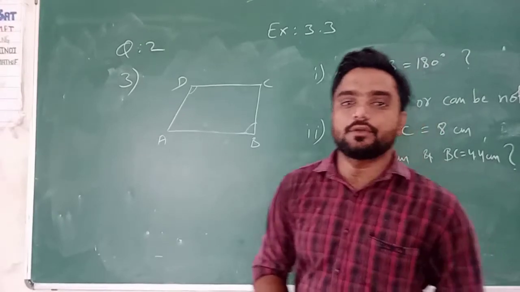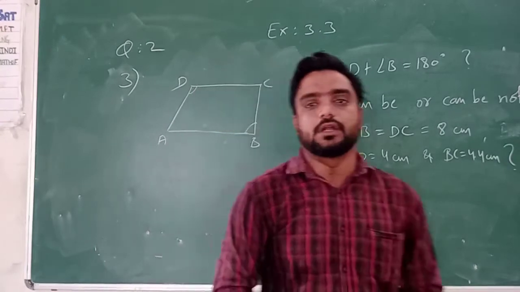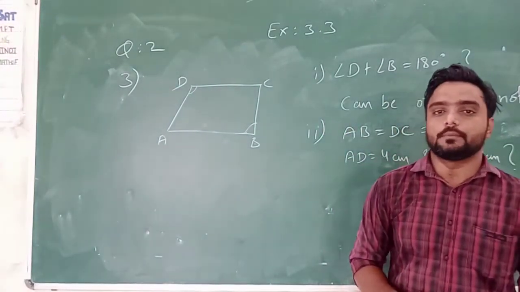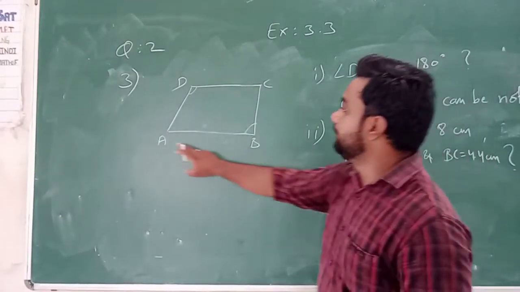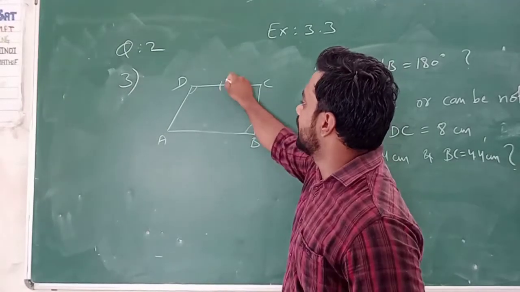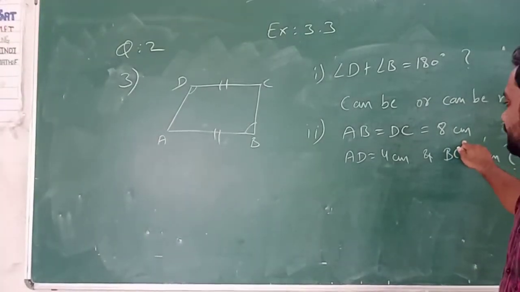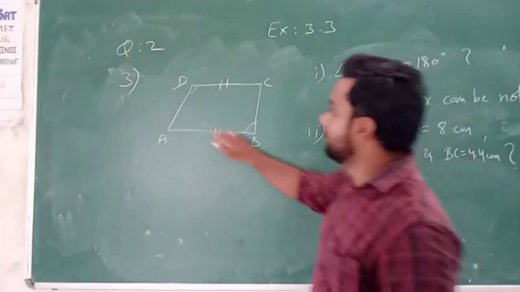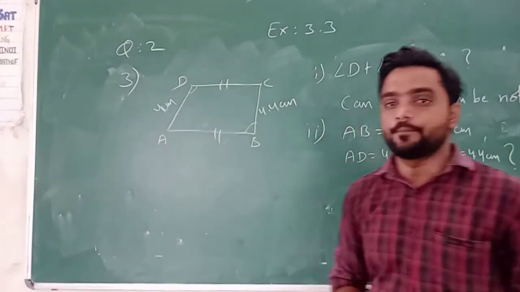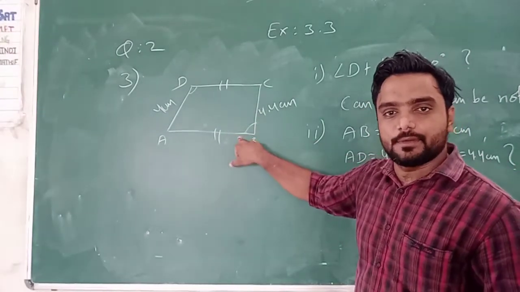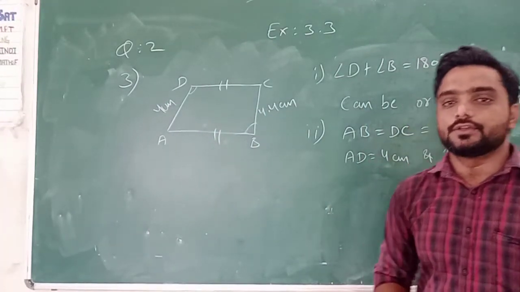Okay, तो ये क्वेश्चन के अकॉर्डिंग जो हमें क्या दिया गया है कि we will check. Okay, now according to the property of a parallelogram, the opposite sides of parallelogram are equal in measure. Understand or not? So from there, AB and DC, तो देखते हैं AB and DC, so both are equal in measure. दोनों का measurement कितना है? 8 centimeter. Understand or not? How much it is? 8 centimeter. Okay, now AD that is equal to how much? 4 centimeter and BC 4.4 centimeter. तो देखो यहाँ पर ये वाले opposite sides तो measurement में equal है, लेकिन ये वाले opposite sides are not equal. Okay, so this cannot be.